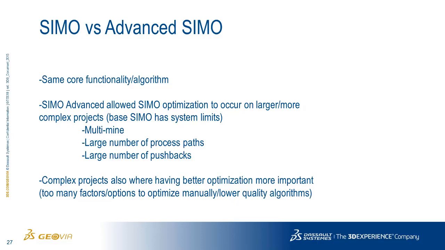So the Advanced SIMO was really important for most of our customers who have more complex projects where they really want that higher level of optimization because it's such a complex setup where I have multiple mines, each with multiple pushbacks, feeding potentially a complex processing stream setup with a variety of stockpiles. That's really where they wanted that highest level of optimization. For a single pit, SIMO would produce greater value as well, but most projects are more complex these days. So that was a real important advancement, to have Advanced SIMO, the tool that can now handle multiple mines.